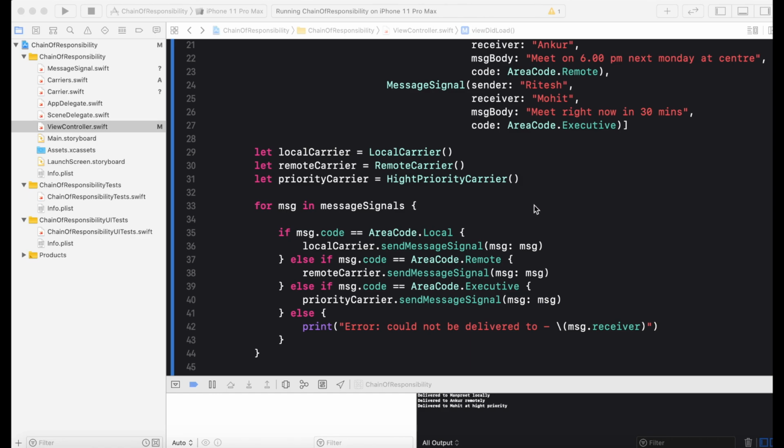So whenever you are going to add or reduce a carrier, you need to make changes in all those classes. And second, if you want to change or rearrange the order of couriers that are responsible for delivering the messages, then every time you need to make a change in each and every software component that is implementing this if and else ladder. So these are the two main issues that we can see in the current implementation, and this can be resolved with the help of the chain of responsibility design pattern.